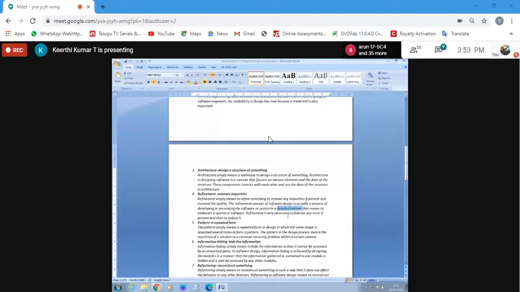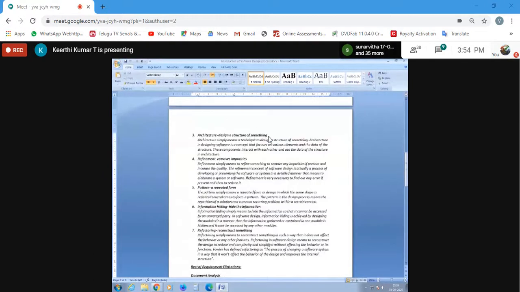that. So if you're not doing that, or if you're only focusing on the outside part, then it is actually a little difficult for you to remove the impurities. But if you're looking for perfection, then you definitely can do that and refine the whole system, the whole design of the system. Next, coming to the pattern.